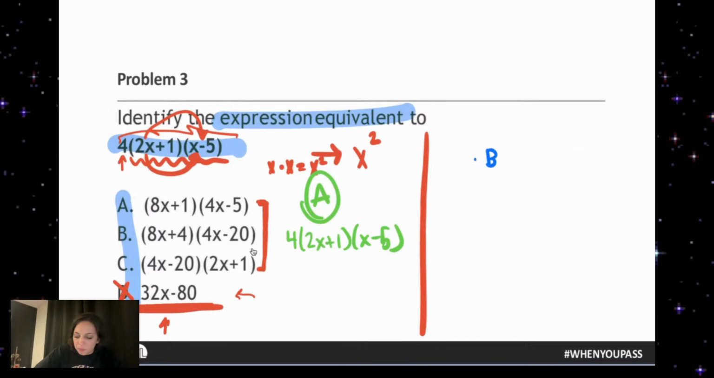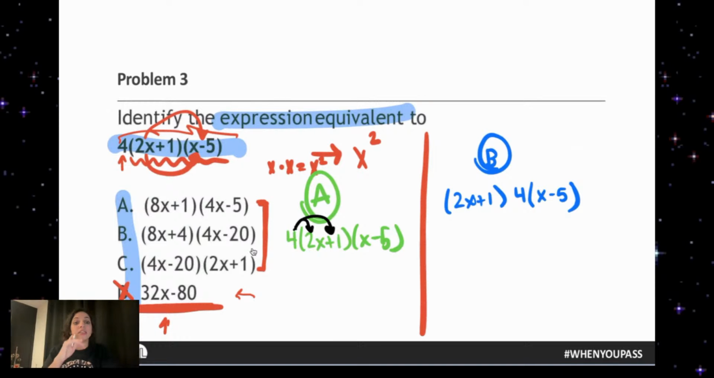B, multiply the 4 into the x minus 5. So they did something like this. Or did they do something completely different? So let's multiply this 4 into this expression. Let's distribute the 4. 4 times 2x is 8x. 4 times 1 is 4